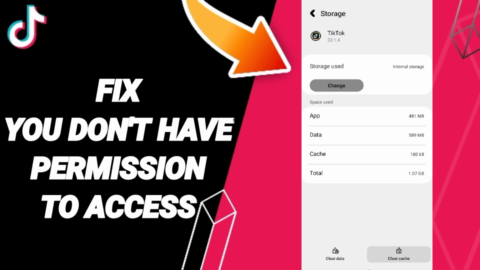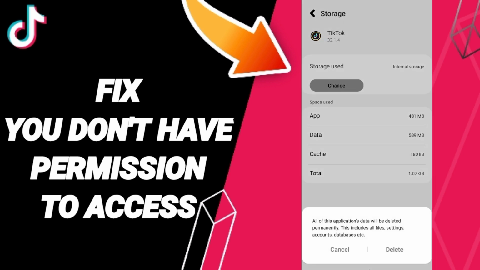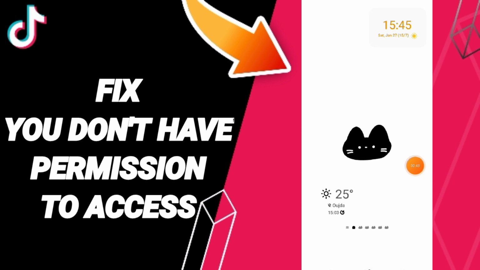Then you can click clear cache, but pay attention, don't click clear data, because that can cause the errors or